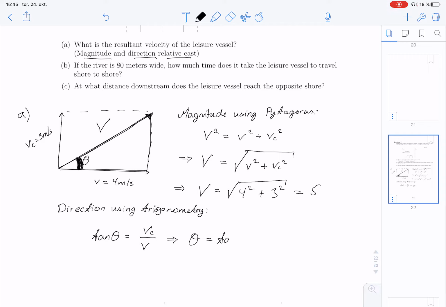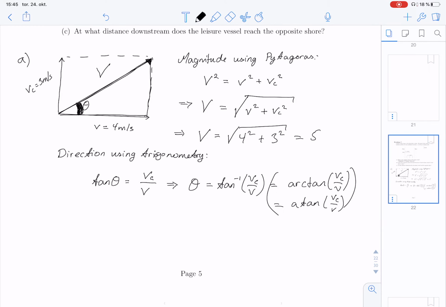So that would be tangent inverse of the current velocity divided by V. And again, if you use arctan, or simply atan, that is also okay, it's just different notations. Anyway, our angle would be tangent inverse of 3 divided by 4, which is something like